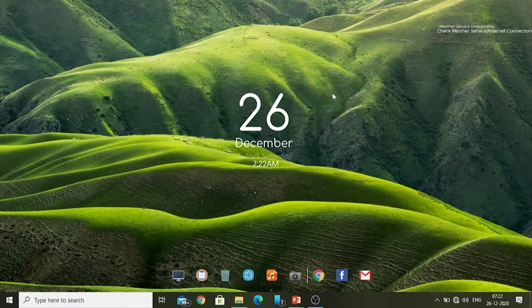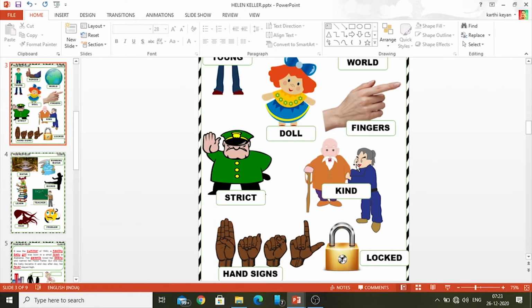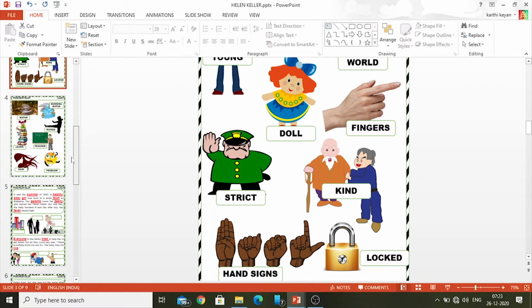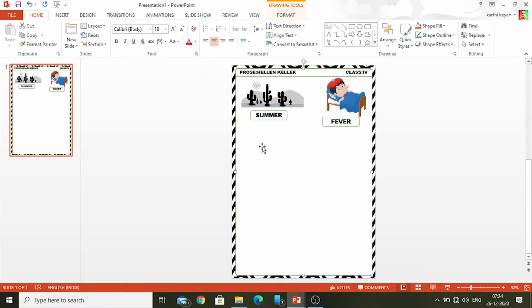Let's learn and edify. In the last video, we have seen how to create a colorful e-content like this. So today we are going to the next video of creating the colorful e-content like this with the highlighted text and empty space above the pictures. So let's embark on. In this video, we are going to the next step of inserting the text into this slide and make this e-content very colorful.